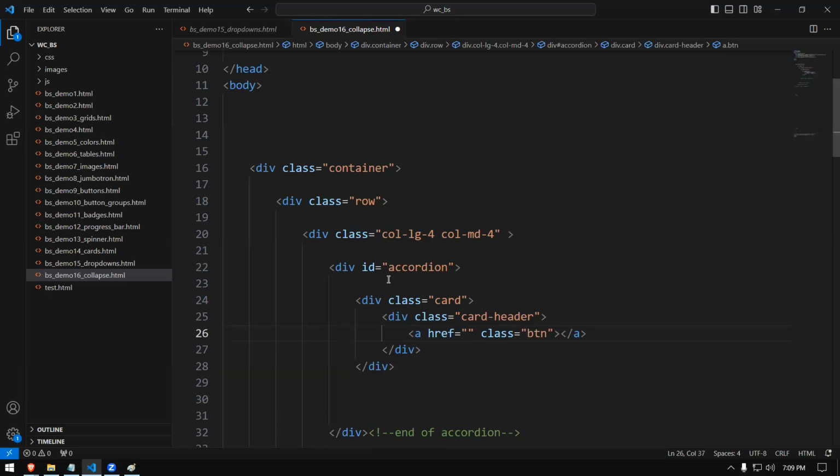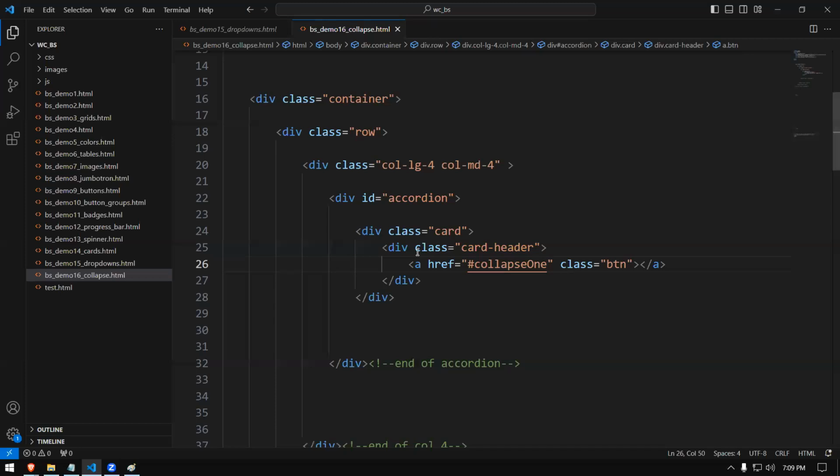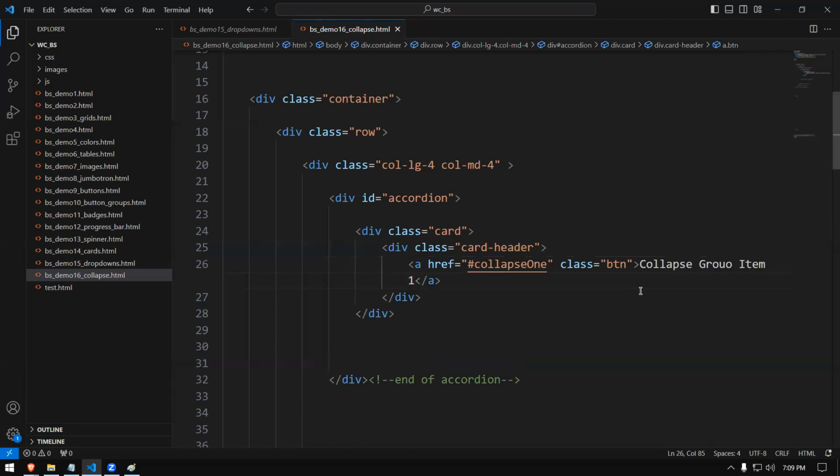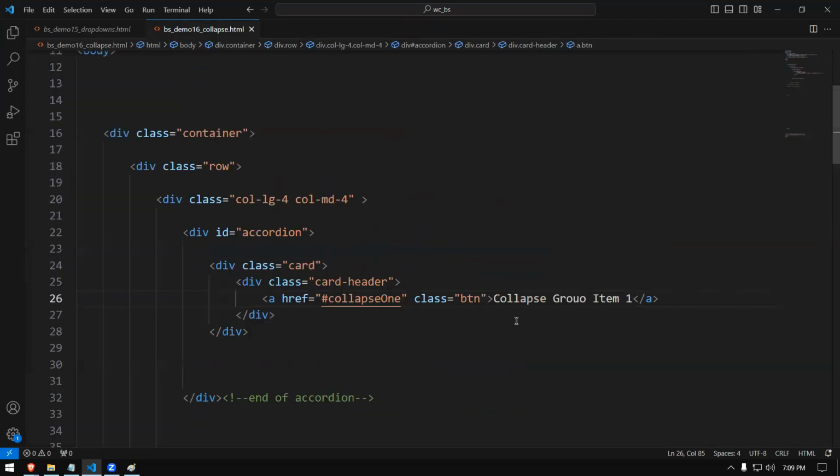For the href part, put something like that. It says collapse one. I'll explain once I finish the code. Now here you can type collapse group item one. Anyway, it's a simple code. So the a tag finishes, the div tag finishes. Then after that div finishes, you have to start